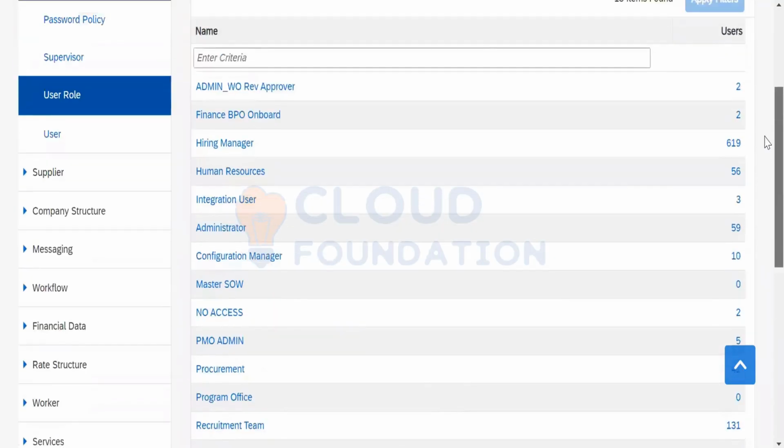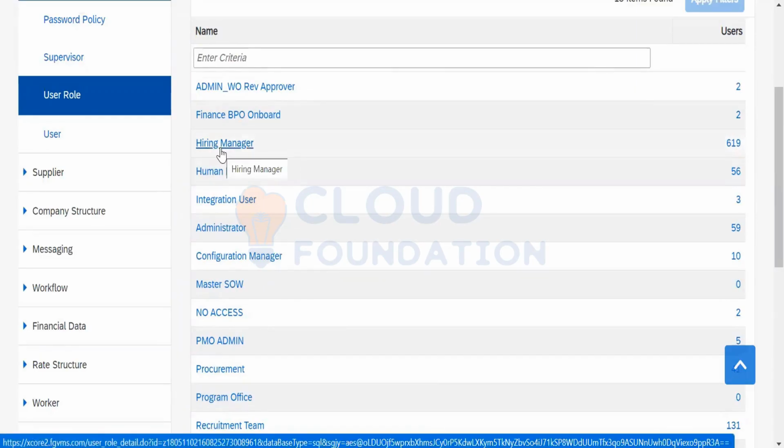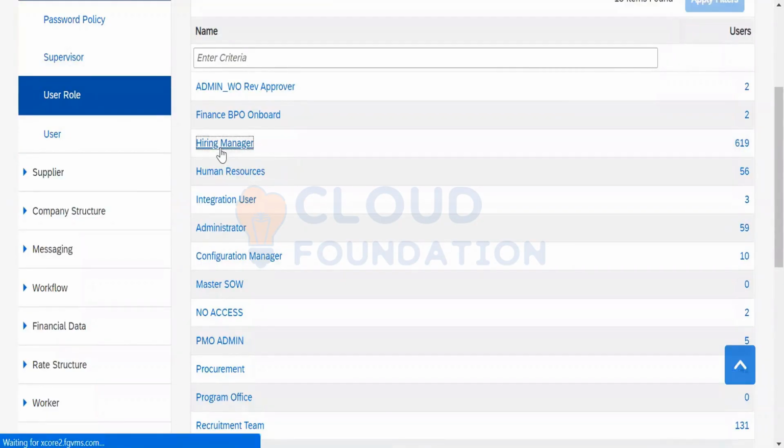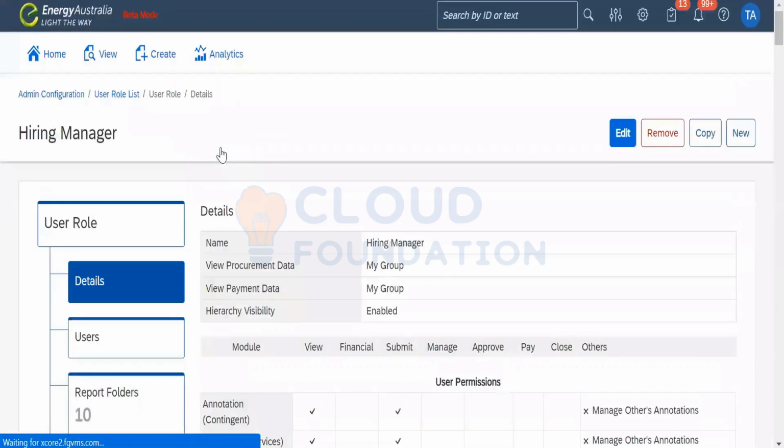Let me go through some of the major roles that will be playing an active part in managing contractors and in Fieldglass altogether. Hiring managers. Hiring managers are the managers who are going to manage the complete hiring process of contractors, contingent workers, external workers.